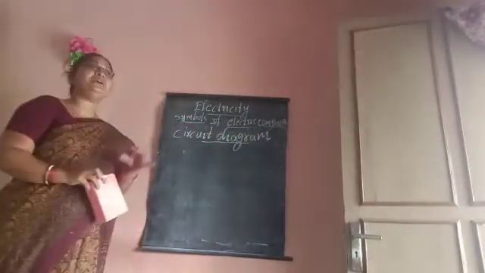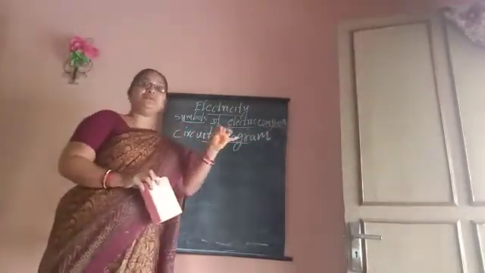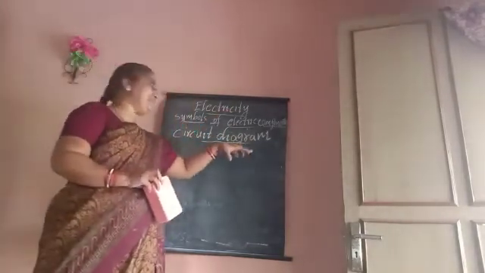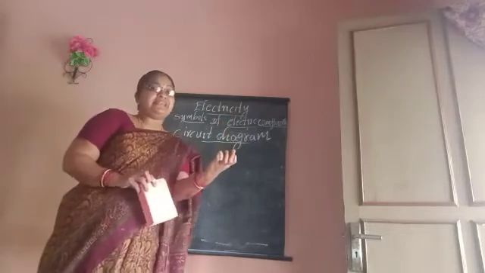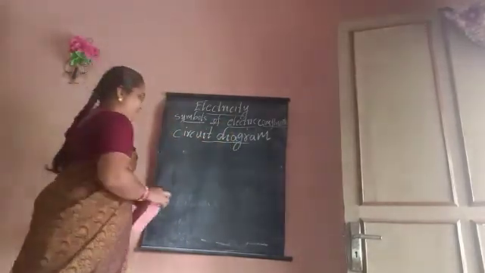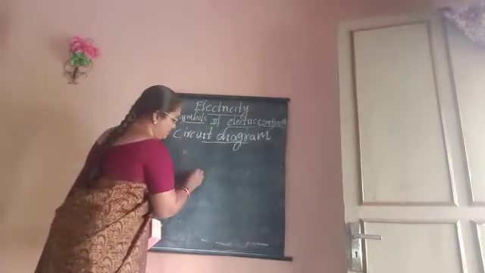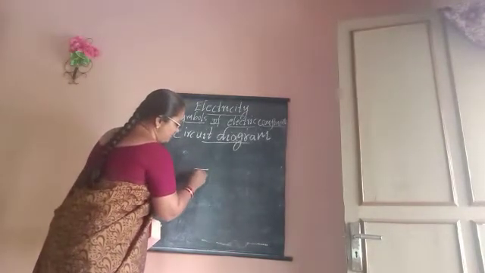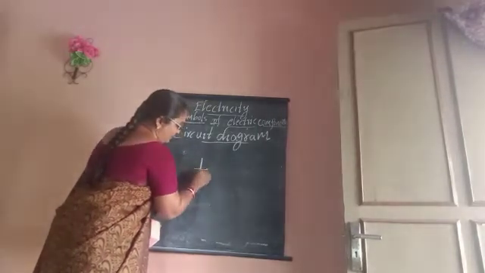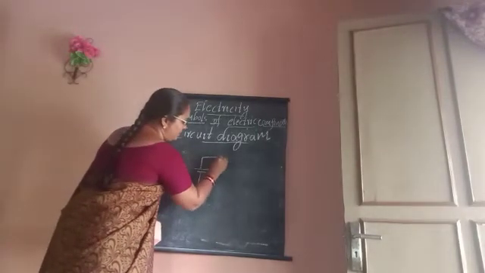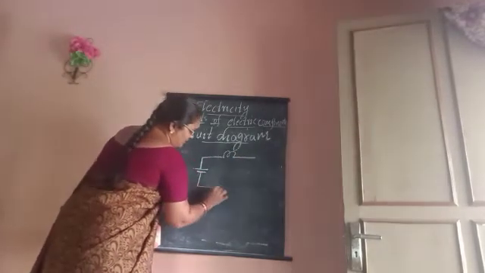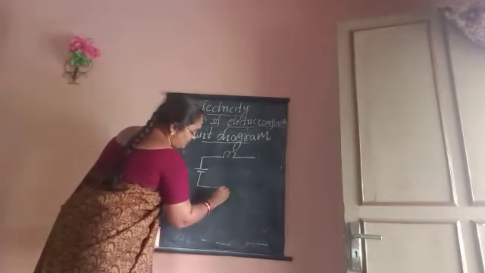What is a circuit? It is a path for electricity to flow between the cell and the bulb. If the electric components in the circuit are represented by symbols, then it is said to be a circuit diagram. Okay. We all know the symbols, no? This is the cell